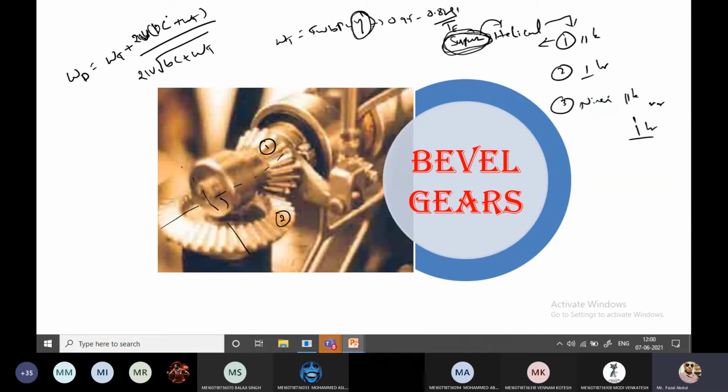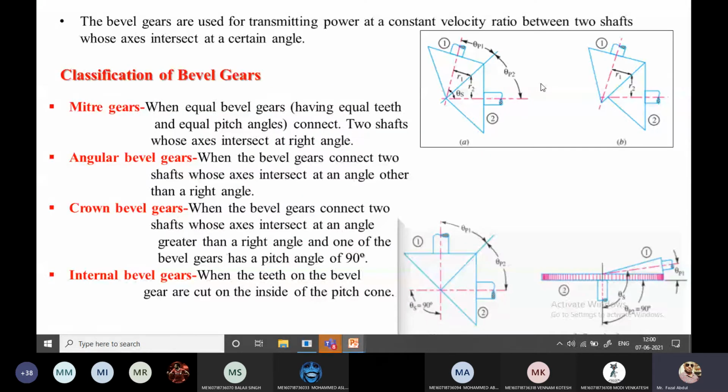Instead of writing this here, if I write the cos square alpha and cos alpha, this becomes the equation for the helical gear. So there is a difference. Only the difference is the difference I am indicating here in terms of cos alpha, cos square alpha, cos cube alpha. Okay. Now coming to the bevel gear, the same equations we are going to use, but some slight differences are there.